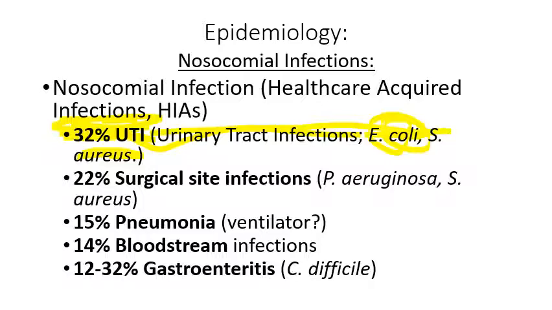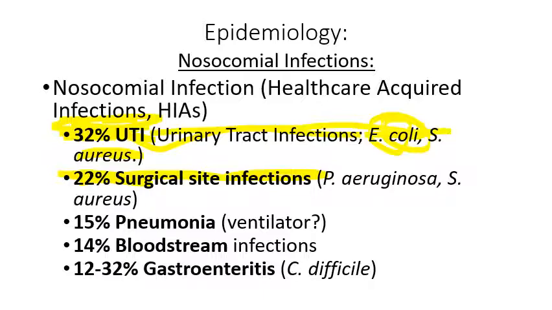The other, Staphylococcus aureus, is part of the normal skin microbiome. So it's very common, if somebody's putting in the catheter and they accidentally touch the skin before sticking the catheter in through the urinary meatus, that can cause a urinary tract infection as well. Okay, the next most common cause is 22%. Last time I saw the numbers, about 22% were surgical